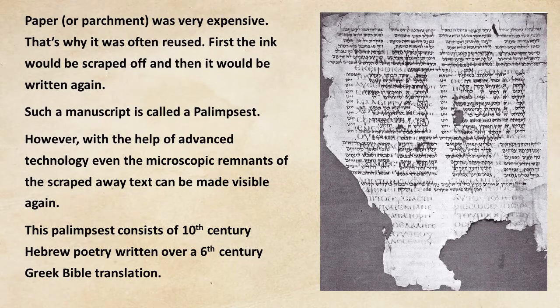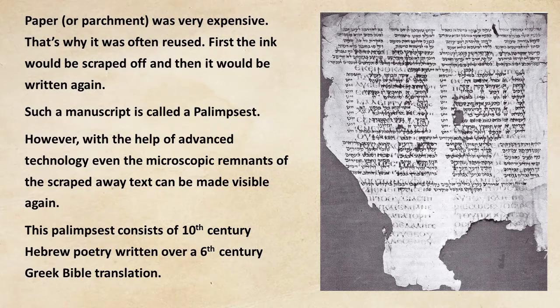The palimpsest consists of 10th century Hebrew poetry written over a 6th century Greek Bible translation. So yeah, Greek Bible translations were in the 6th century, by the way. Greek was still the main language in Alexandria. So a lot of the Jews in Egypt spoke Greek. Now Islam comes, nobody speaks Greek anymore. So in Alexandria, you had